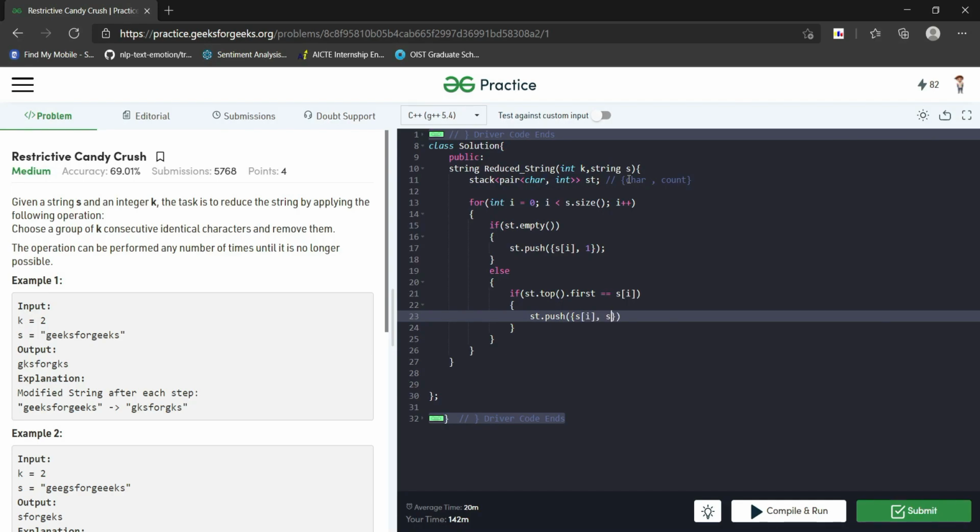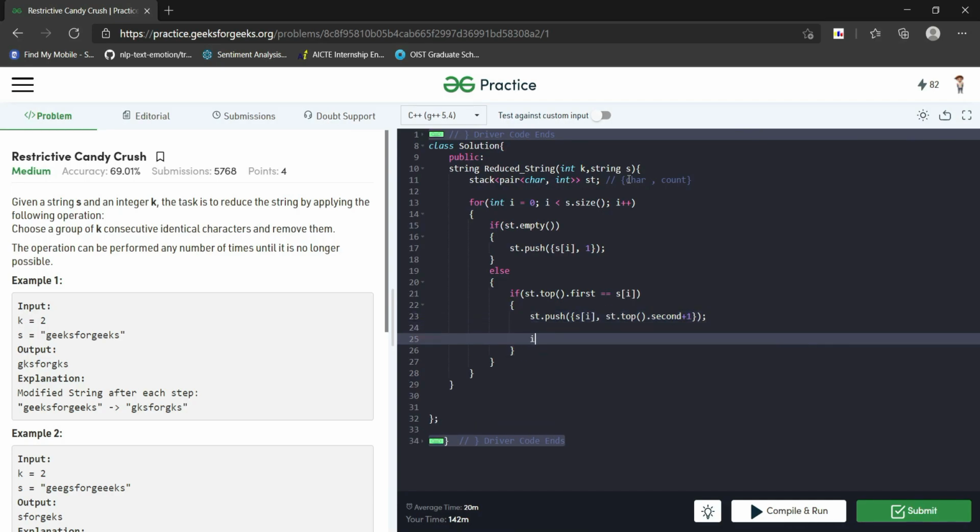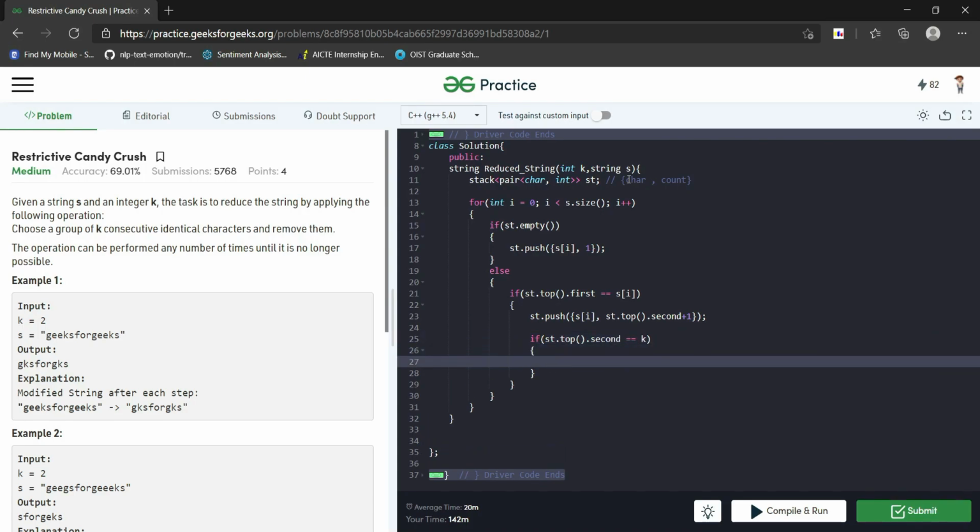To increase the count, we will use the top of the stack, the count value, right, and increase it by 1. If now the count value has reached k, what we will do, we will pop the top of the stack k times, right?